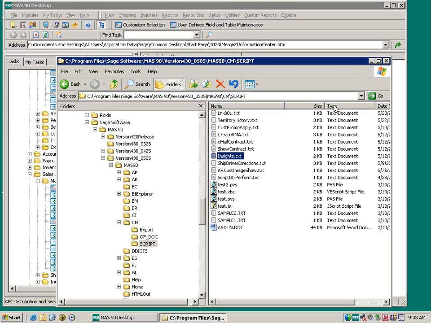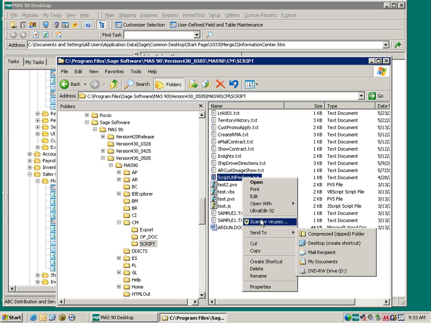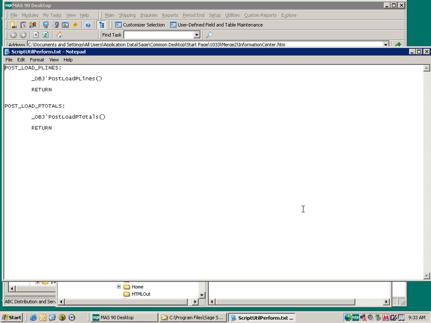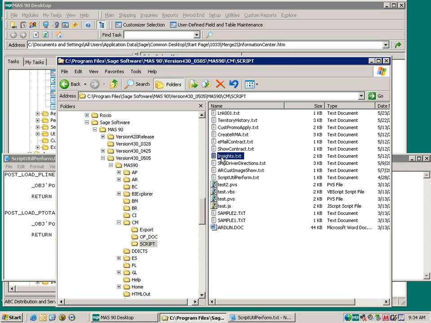Before I do that, actually, let's go ahead and show you this StripUtil perform. All I have here is a couple of routines. One is called post load P lines, which I'm not actually using. This is the one I'm actually calling. So if you remember, if we go back to take a look at insights.txt,